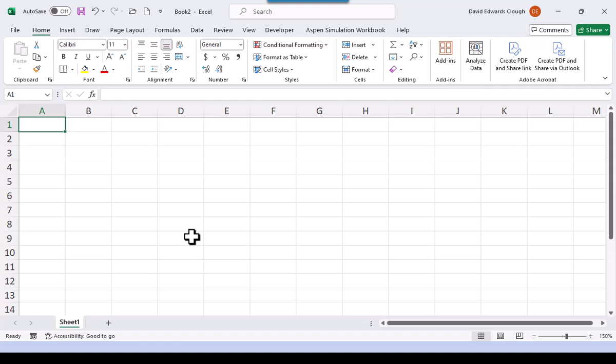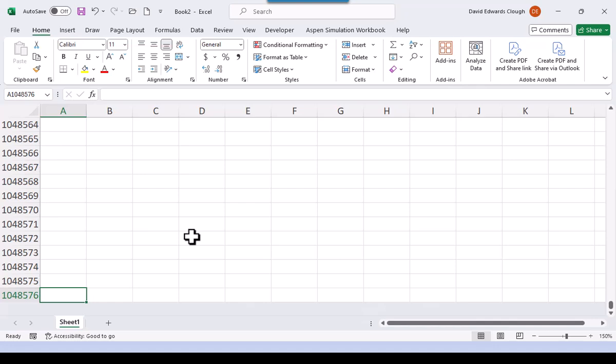So if I do a control down arrow, it goes down to row 1,048,576, which looks like a fairly weird number. But I'm going to put in a formula to the right of it, 2 to the 20th power. And we'll see that's what the number is